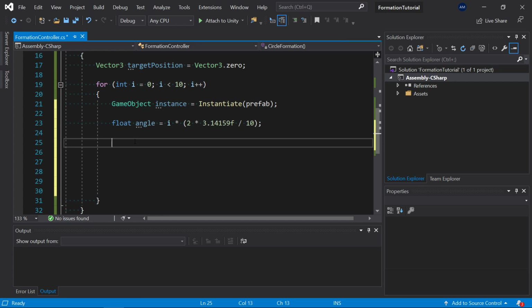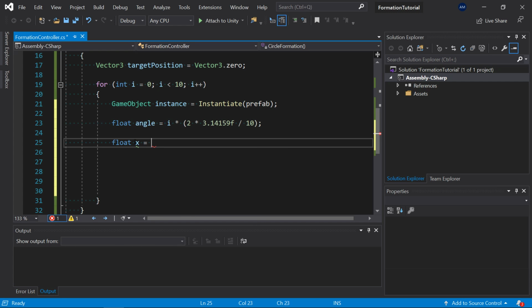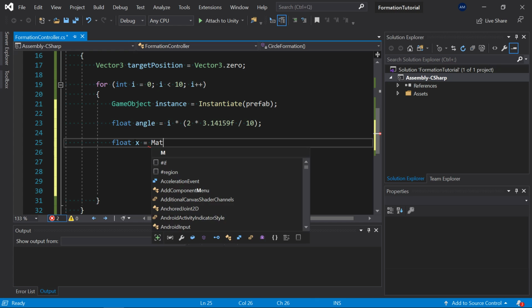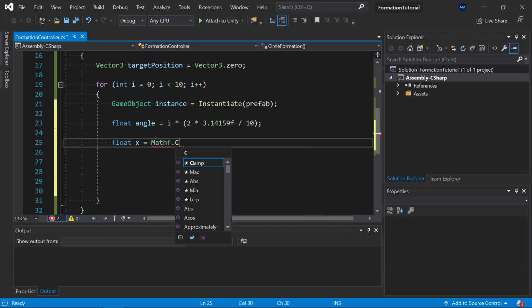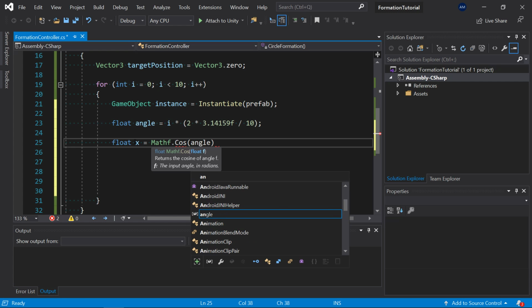is figure out the x position. So we'll do float x equals Mathf.Cos, the cosine of an angle. So we're going to do, what's the cosine of this angle,